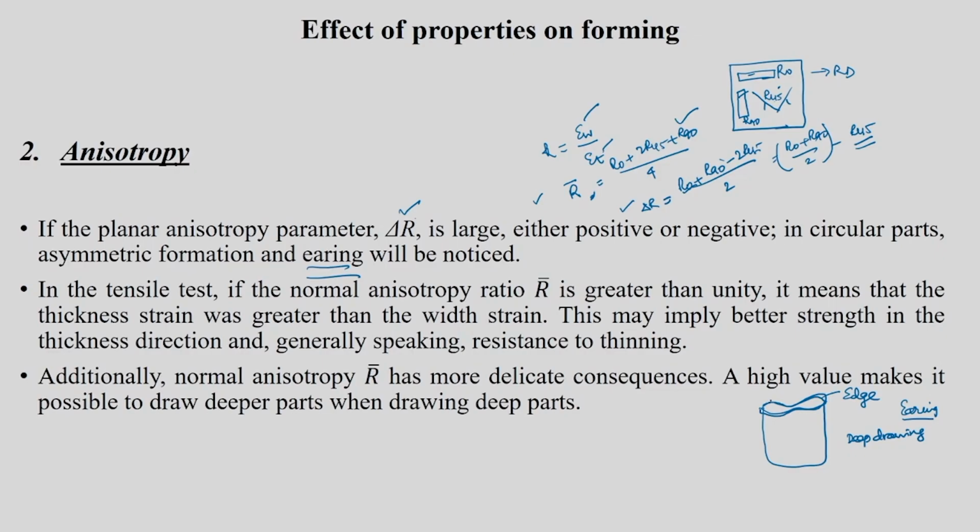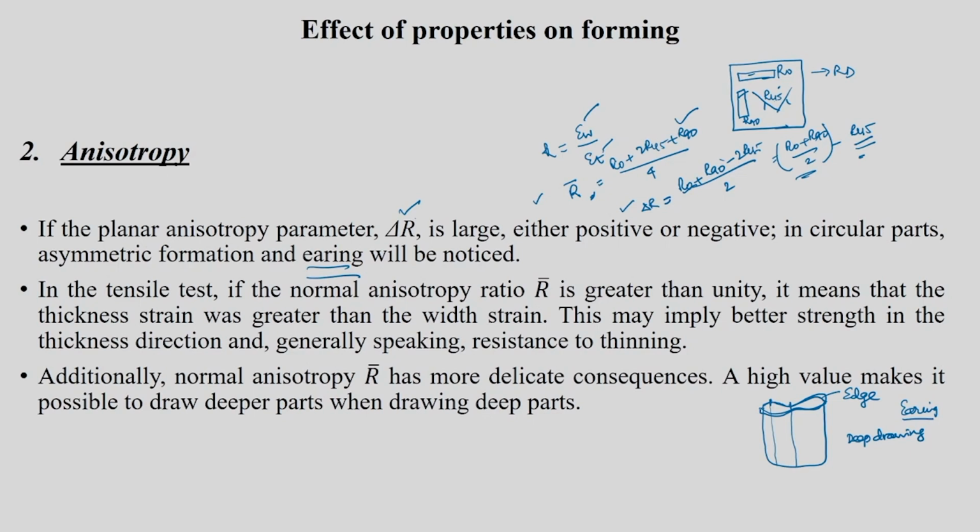This irregular forming, so here it is drawn less, here it is drawn more. That's the meaning, right? If you pick up this line, here it is drawn less, the height is more, and here the height is less. That is why you are getting this waviness, and that is because of the variation between this quantity and this quantity. Now when it comes to R bar,